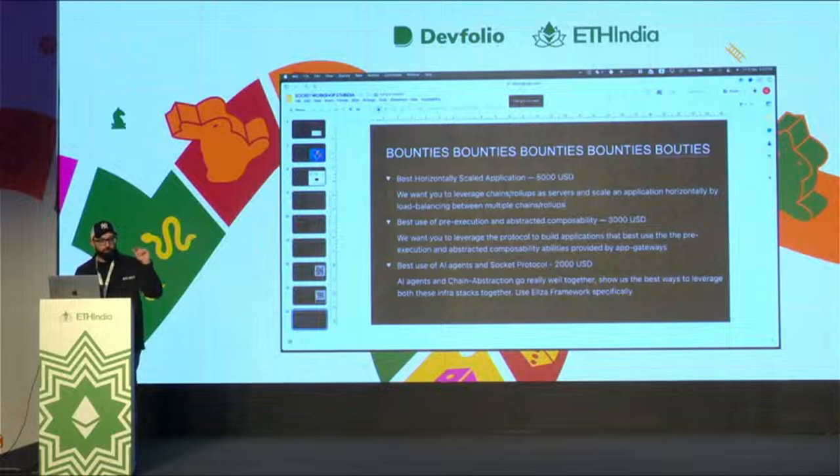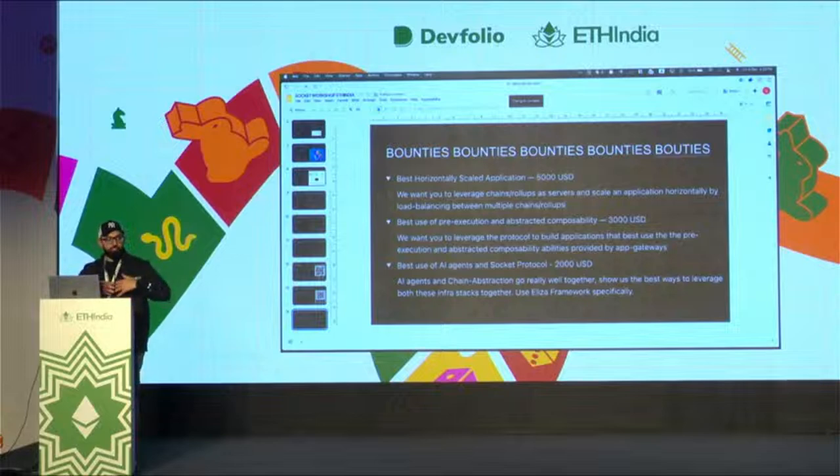So instead of deploying a contract on one chain, you deploy a contract on n chains, and then whenever there's a lot of traffic, instead of sending it to one chain, you spread it across n number of instances, so that your users are paying minimal gas costs, right? So that thing can be super cool.